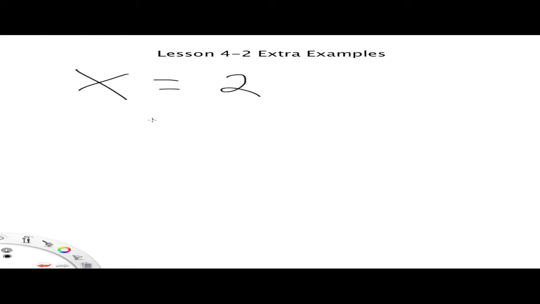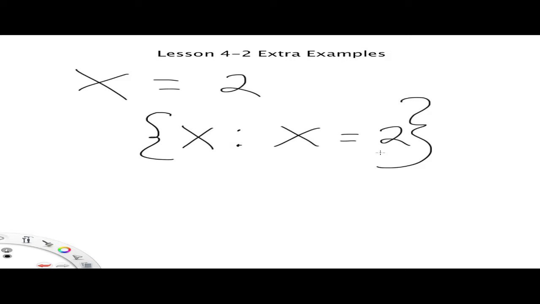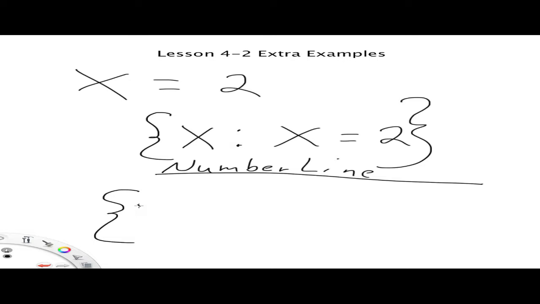Set builder notation, remember, is this. It's x, the set of all x, such that x equals 2. Now if I was to write it like this, then what I'm saying is this is on a number line. So this is the number line x. Okay? If I was to write it this way, the set of all x, such that